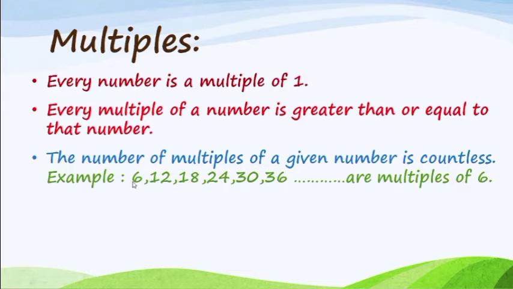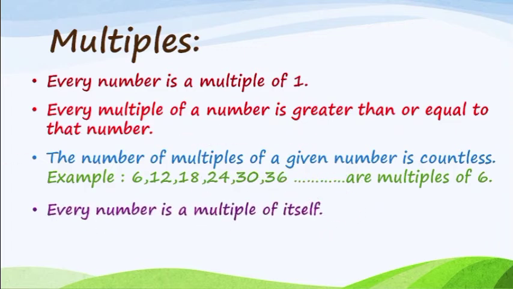So see here, if I want to say the multiples of 6, it is not necessary that I say 6 1s are 6, 6 2s are 12, 6 3s are 18, 6 4s are 24, 6 5s are 30, 6 6s are 36 and finish. I can also say after that 6 7s are 42, 6 8s are 48. So see, this dash is showing that you can write more multiples here. So this is the meaning of the given sentence.